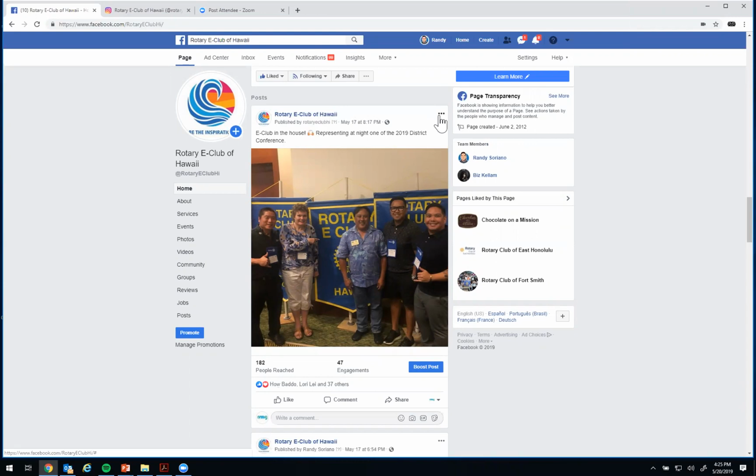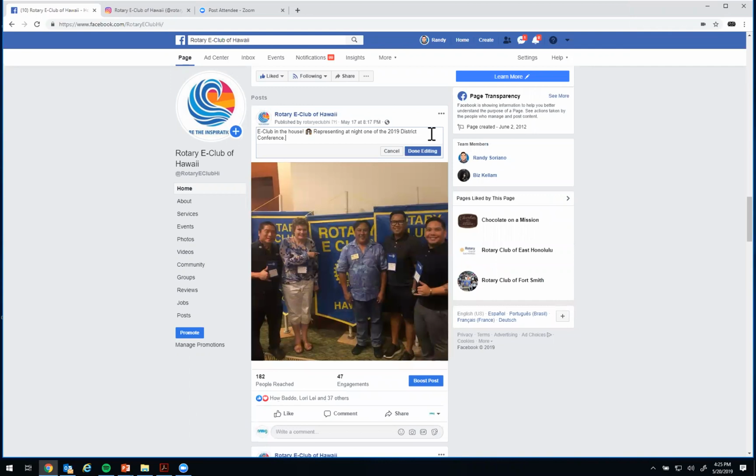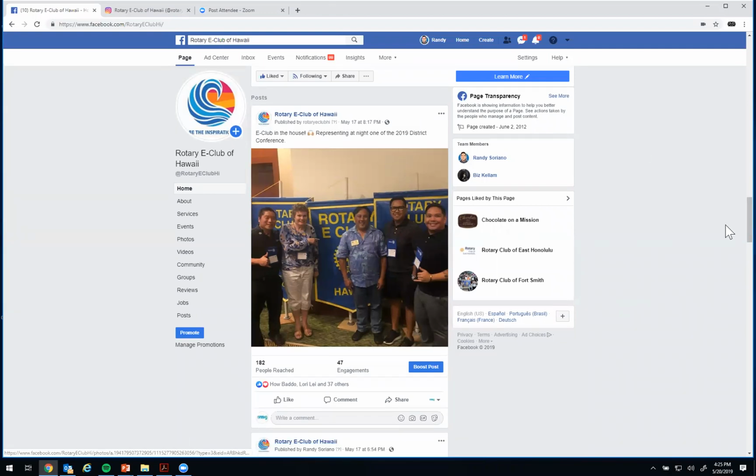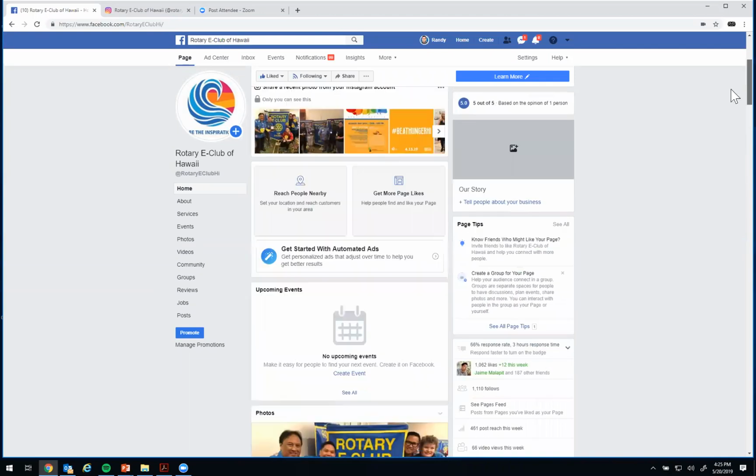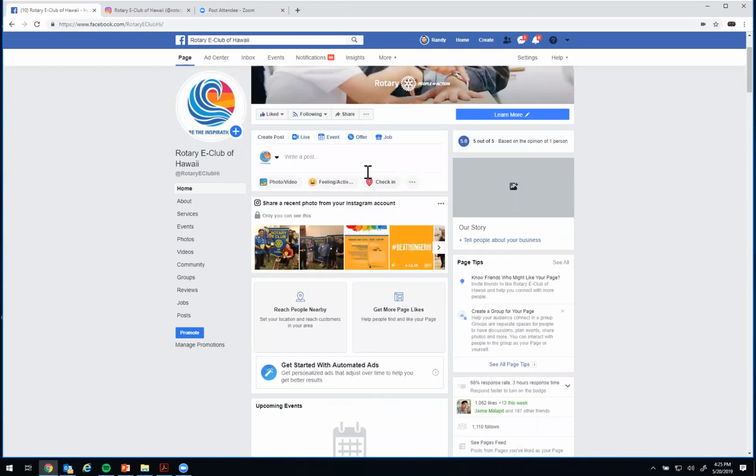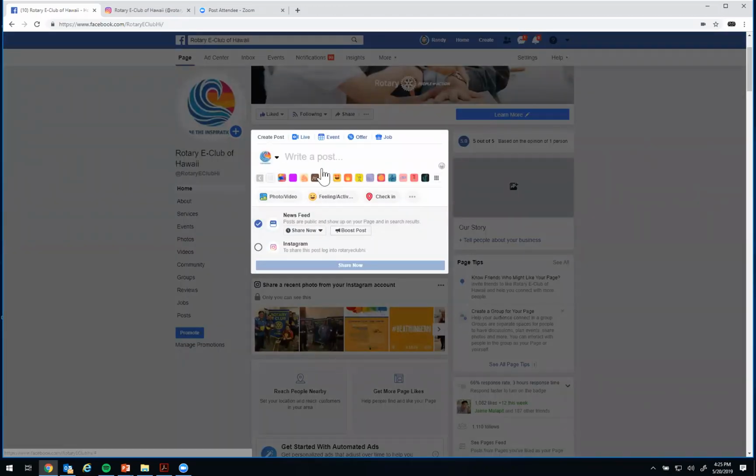You press on these 3 buttons here, go to edit post, and you can still edit it. If there's something small that you want to change, there's always that option. And in regards to flowing things over, that is an option as well. You see here how I'm writing a post and then there's an option to share to Instagram. It's vice versa, so it goes both ways.